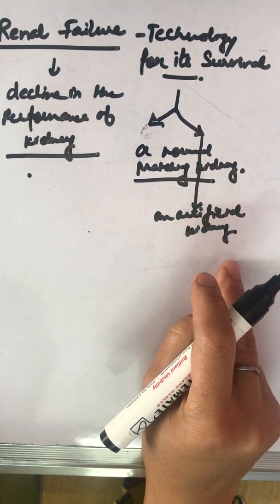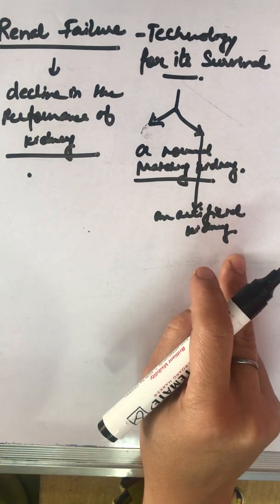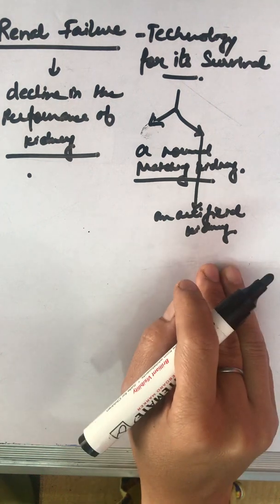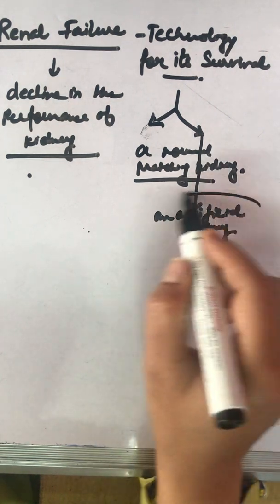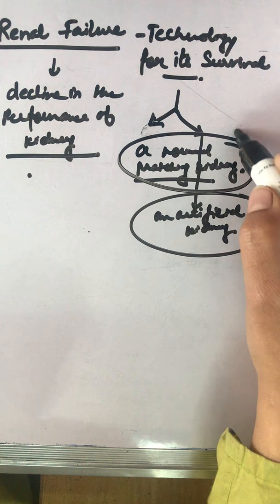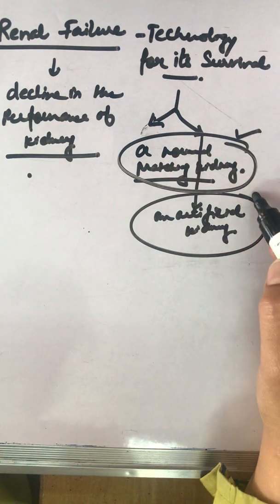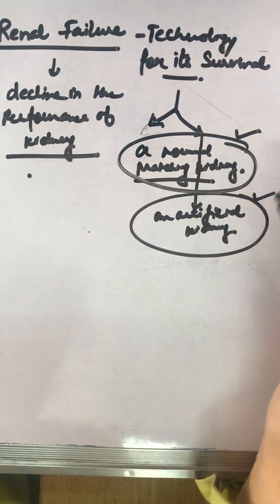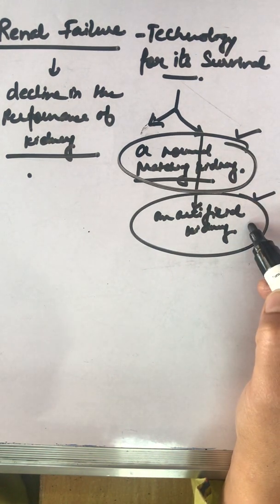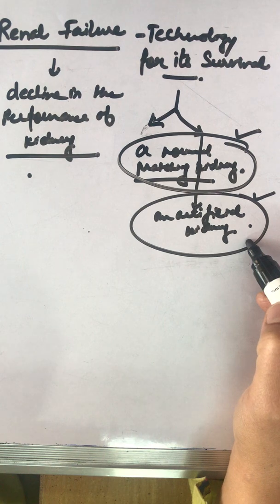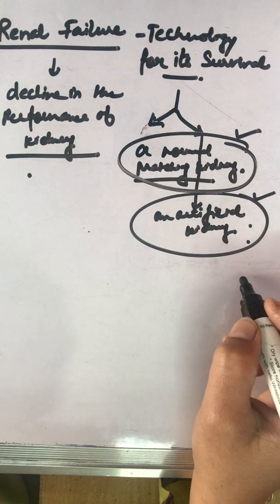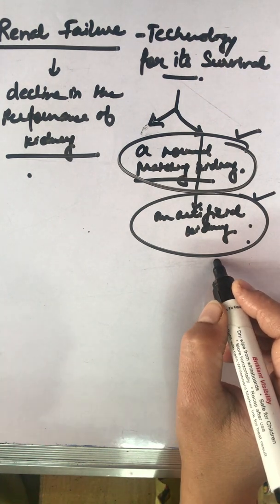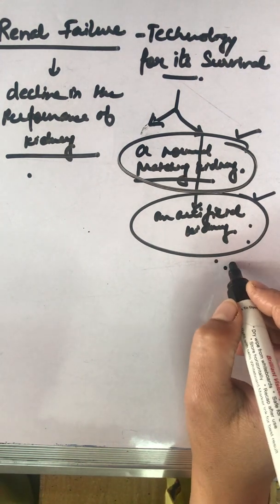What will that artificial kidney do? It will get rid of all the metabolic waste from the blood and maintain the normal level of water and mineral ions. If the first one is available, good enough. If not, then we have to survive on the second mechanism, where the artificial kidney functions on the same principle as the normal kidney, maintaining the normal level of water and mineral ions.